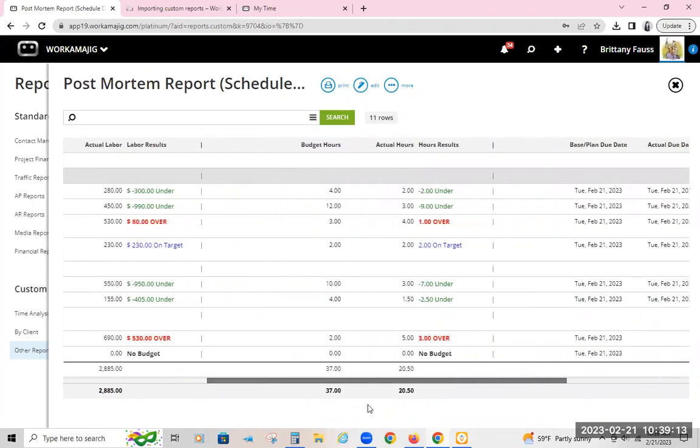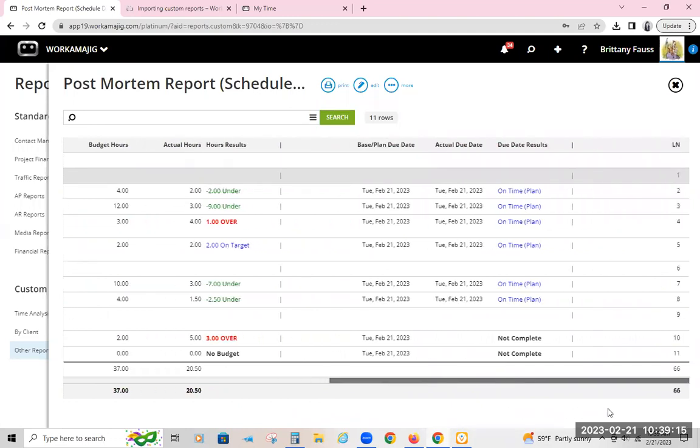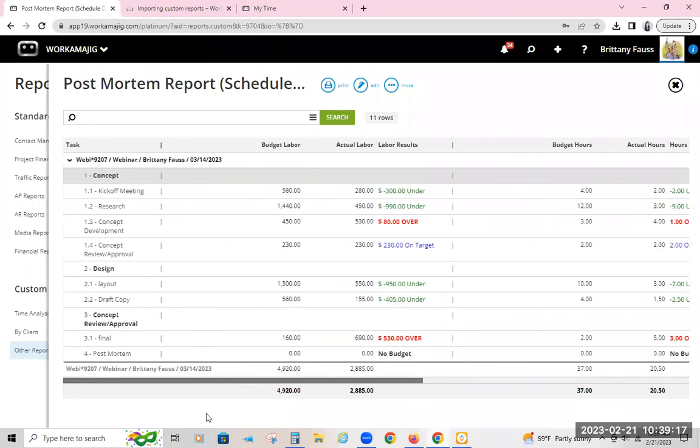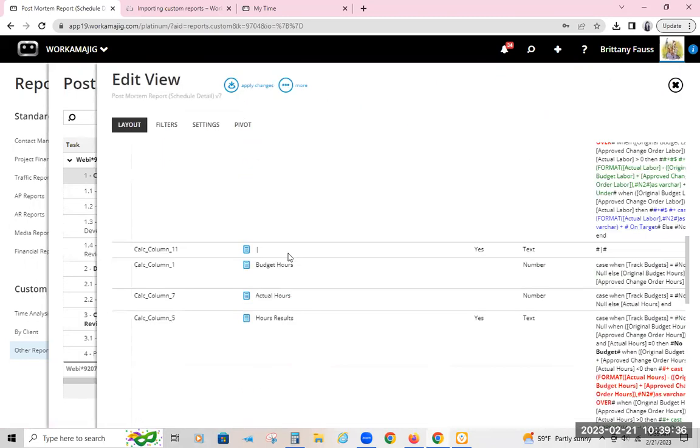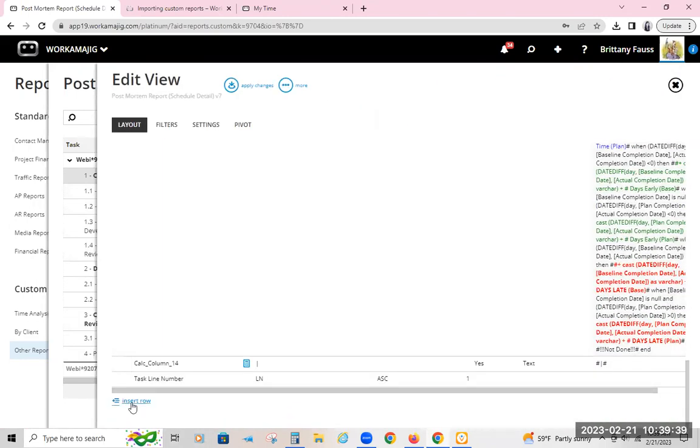What are my results? And then again, baseline we'll talk about in a second. But this is a nice little report, and obviously it's customizable, right? So this was just a way for us to give you some sort of setup to be able to see how we did with each of those different tasks and whether there was a budget or not. But if you said, hey, that's great, I also want to add, well, then you can go in and